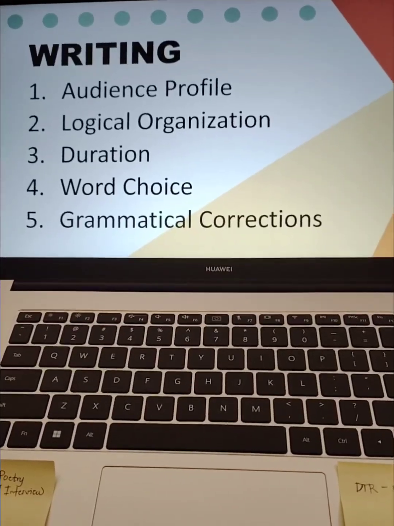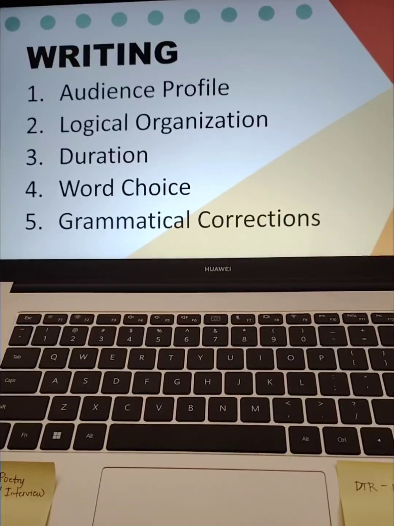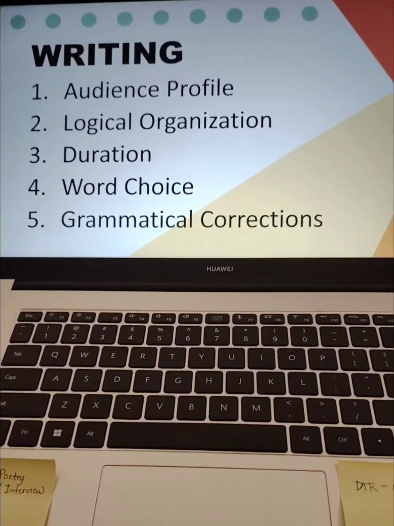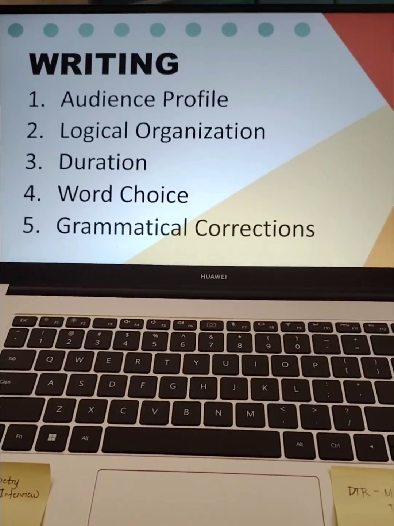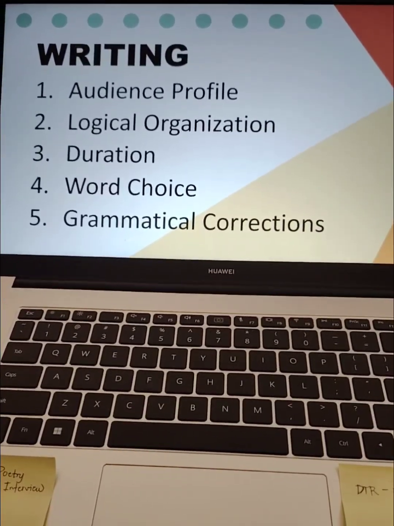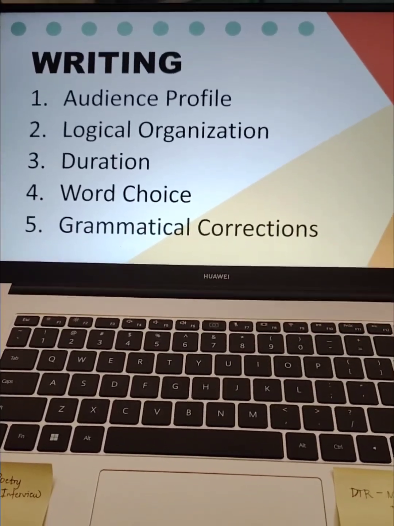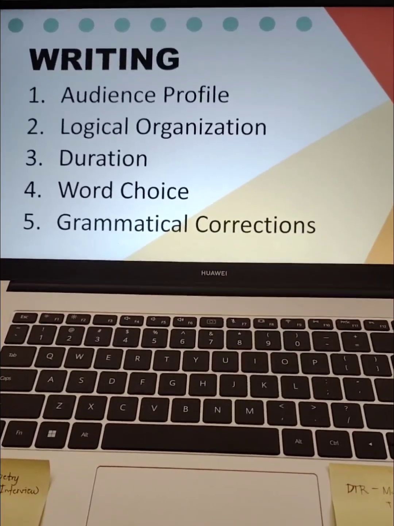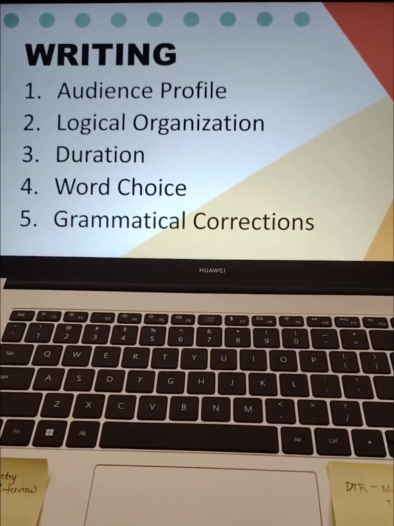Just an addition on number three, duration. Always remember that when you are writing and delivering a speech, all human beings have a typical attention retention span. When we are listening, the longest time we can actually retain the things being fed to us is an hour. Actually, the ideal is 30 to 45 minutes. Maximum will be an hour. If it's more than that, that's not ideal anymore.